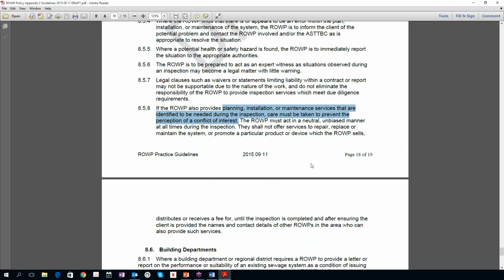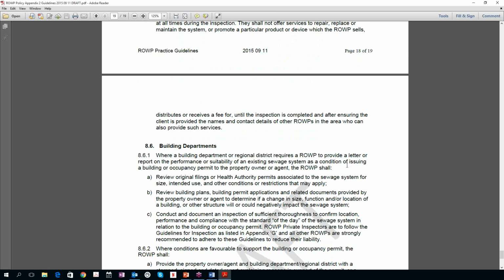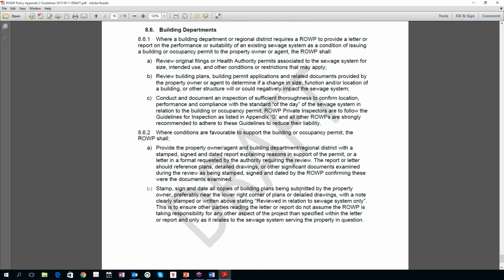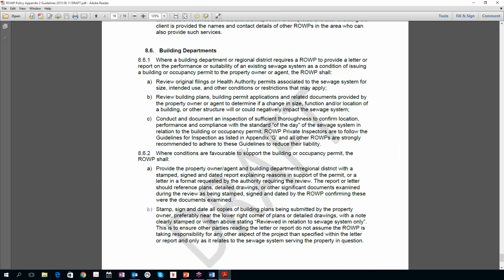Now I can put in a quote on fixing it and encourage them to get other quotes, and they don't accuse me of being a crook because they saw the backup or whatever, right? So at any rate, reveal the conflict of interest and do that in writing. Building departments, what else have we got? Don't forget that you have to stamp these things.